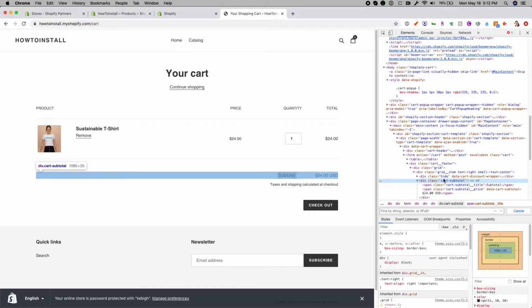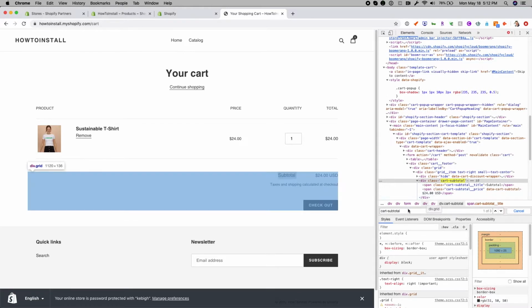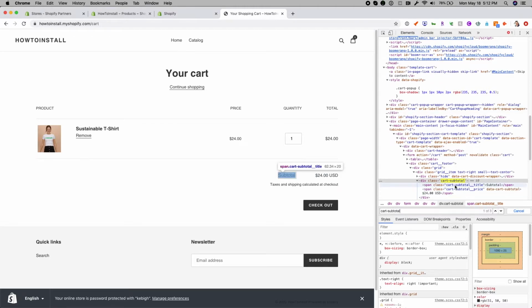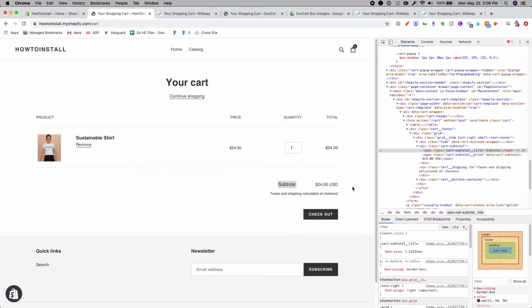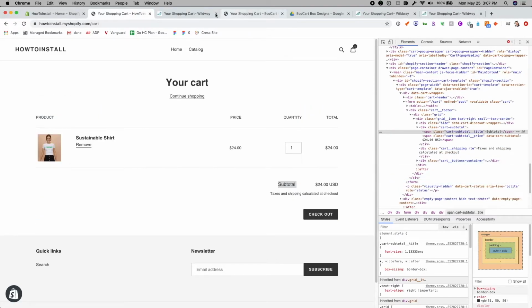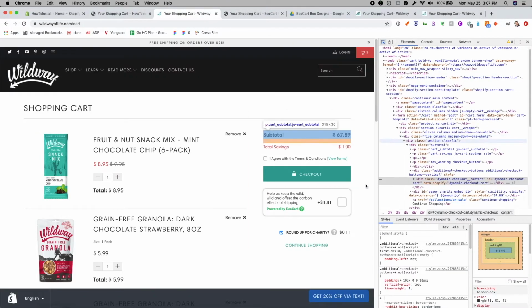It's important to make sure this class is unique on the page. The way to do a simple check on this is to copy it and search for it by Control F and paste it. When I do that, I can see the only place that cart-subtotal exists is right here, which means it's unique. 2 quick helpful tips here. If you happen to have a 2-part class name, such as, see here, additional-checkout-buttons additional-checkout, etc., you're going to want to remove everything after the space